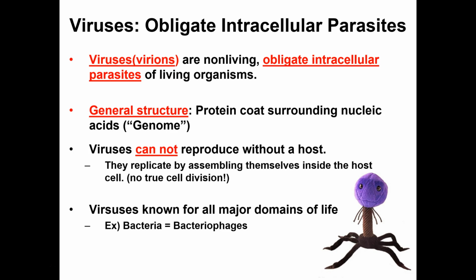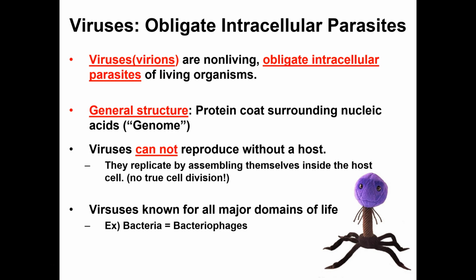The next major structure: what do you find inside of the virus? Some sort of rudimentary genome, some sort of nucleic acid. In the case of the flu, we draw in 8 segments. 1, 2, 3, 4, 5, 6, 7, 8. Each segment is a piece of RNA. That's the flu. It's a hexagon with 8 pieces of RNA in it. That's it. That is how silly simple they can be. But we'll get into that more in just a second.